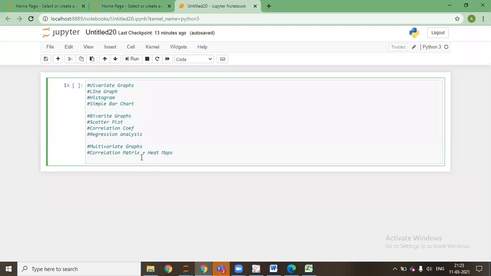As a first step, we need to install matplotlib. So I'll say, just give me a second. Import